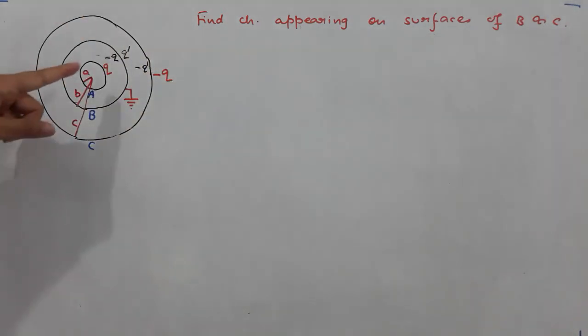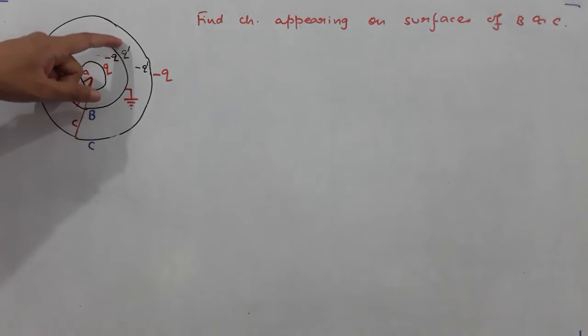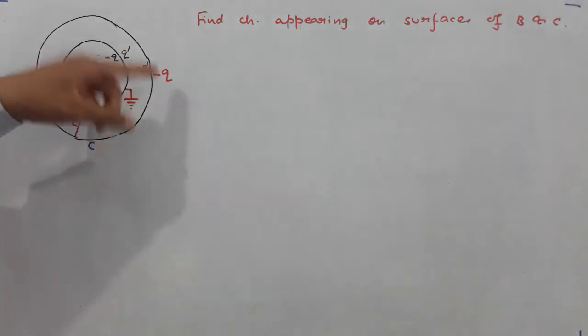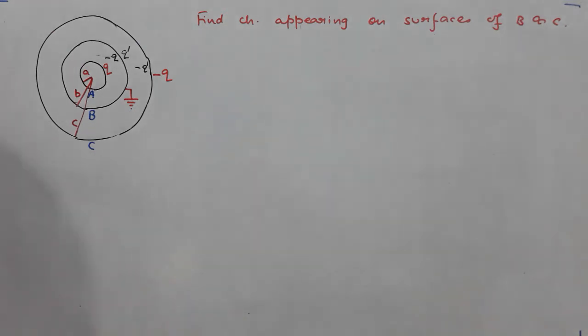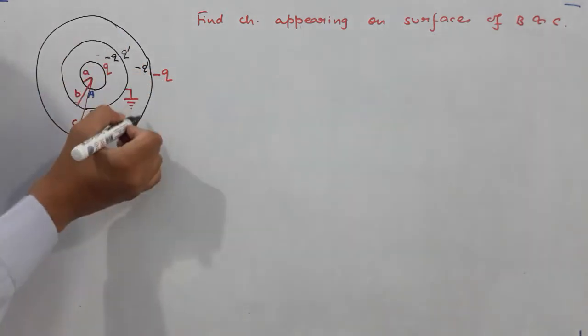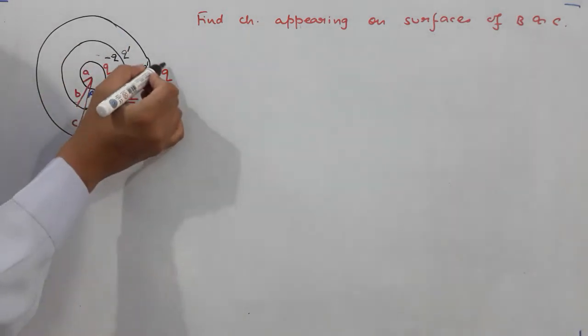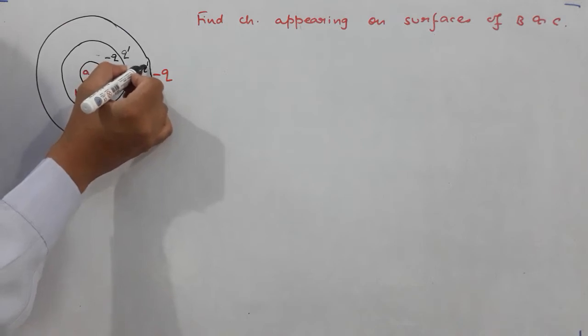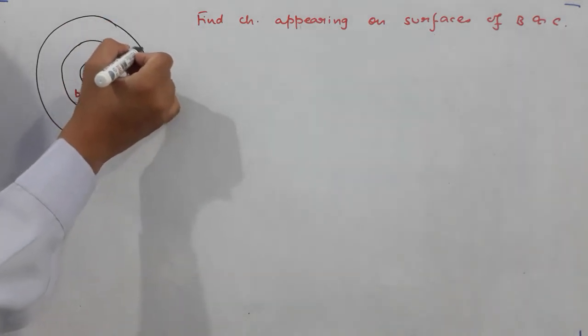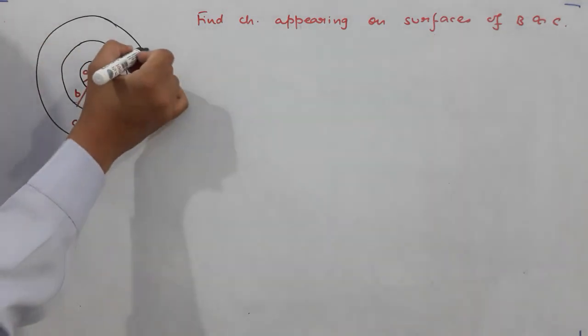So these are the charge distributions: Q, minus Q, plus Q dash, minus Q dash, and minus Q is not the charge on the outer surface, it is the total charge minus Q. So we have to find what is Q dash. Now see, I told minus Q is the total charge on the conductor C. Out of total, minus Q dash, if it has appeared on the inner surface, then what will be the charge on the outer surface? Suppose it is X.